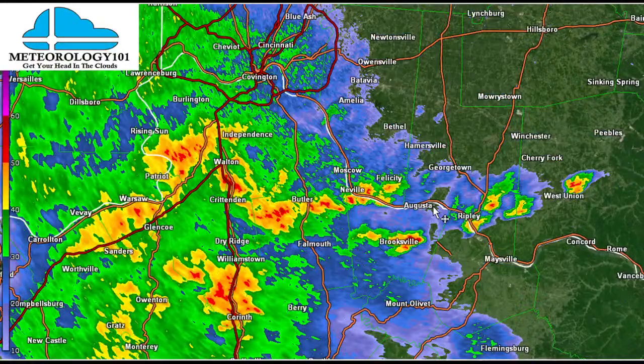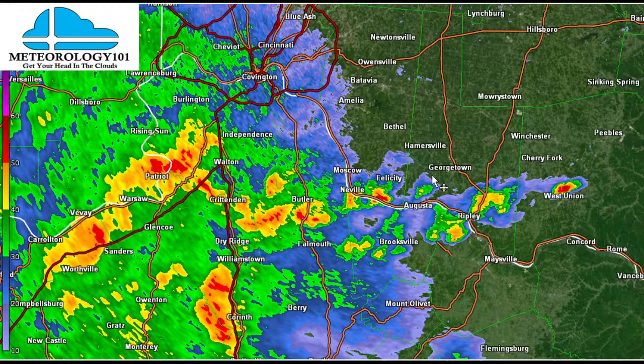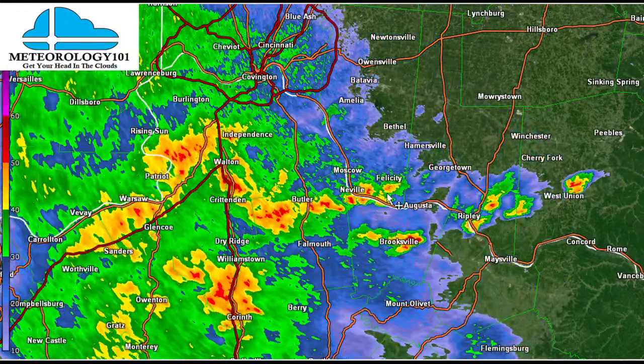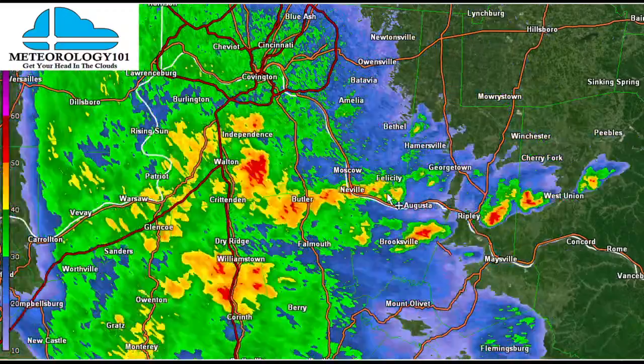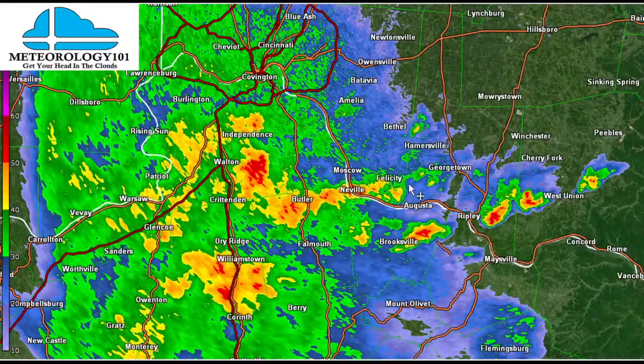Alright, so we got some pretty heavy rainfall, but might get a little bit of flooding. It's pretty good rain. I don't know how much flooding we'll get. I mean, the yards will get pretty wet around here, so we got some pretty good heavy rain